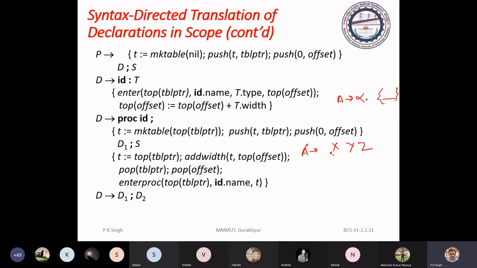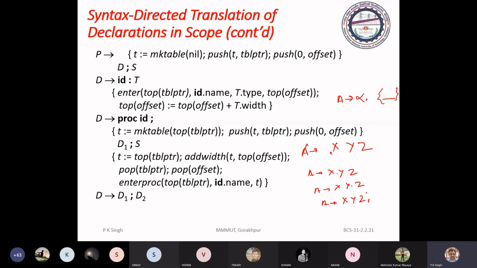One item has the dot at the very beginning, then the second item may be this, the third item is X, Y dot Z, and A is X, Y, Z dot.